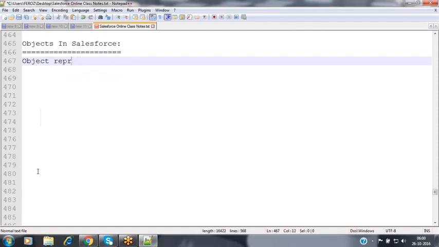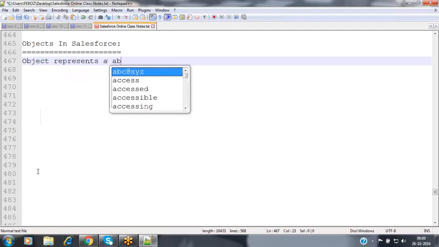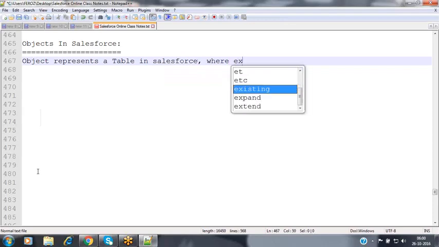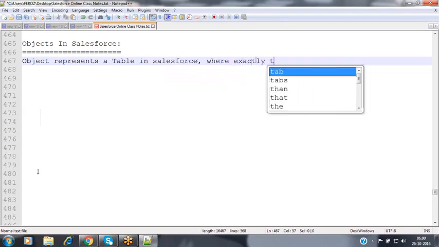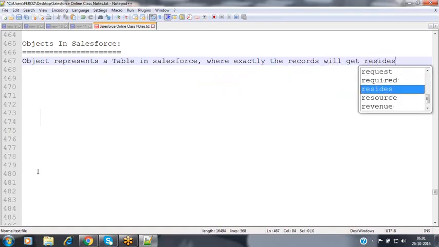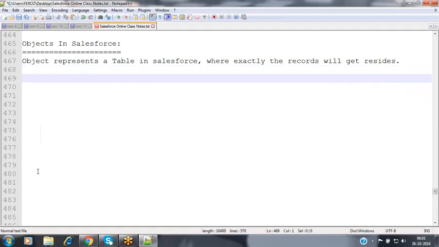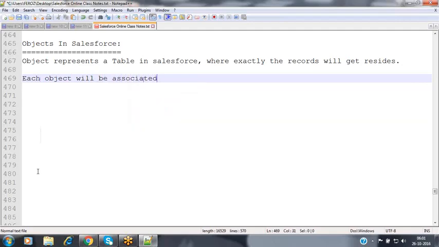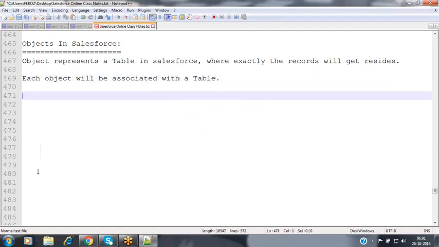An object represents a table in Salesforce where exactly the records reside. So the records you are going to create will all reside inside those objects itself. Each object is associated with a table.